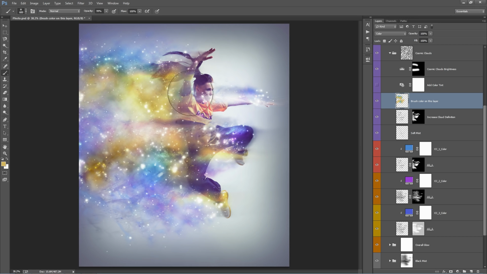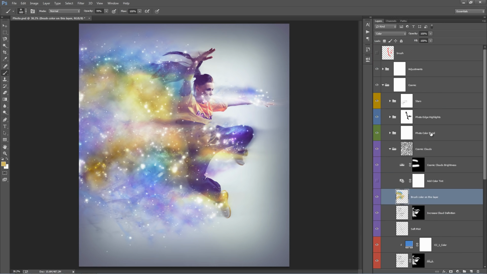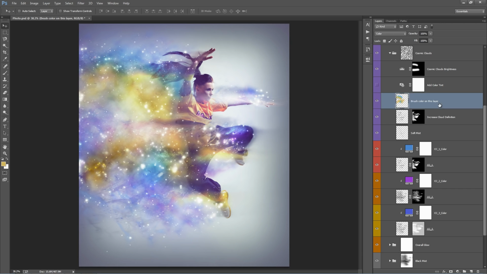And what I might do is quickly clean up the area around her face. So I don't want those stars to appear over her face, so I'm just going to go into the mask. I'm going to grab my black brush and just brush that away. Clean that up. So going back down here, yeah, brush colors on,